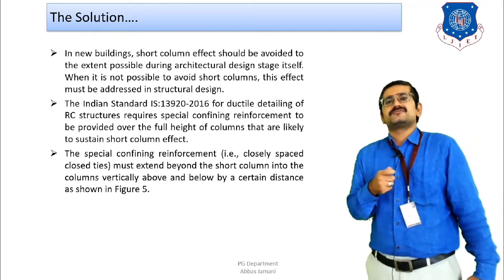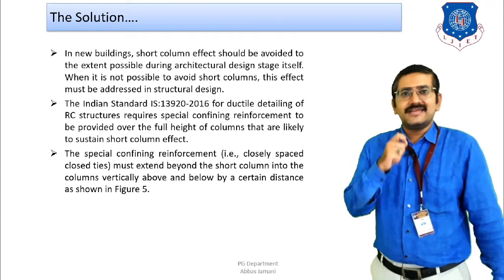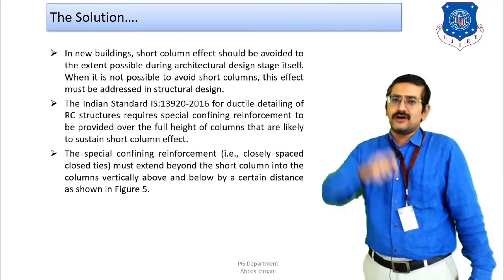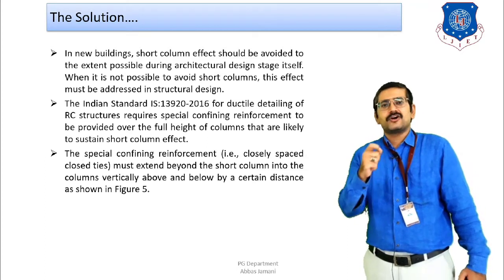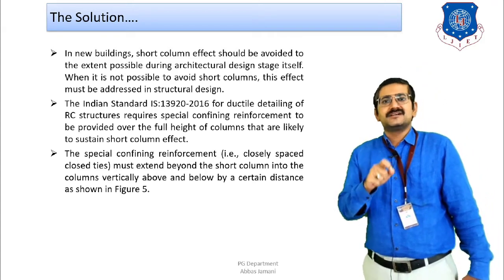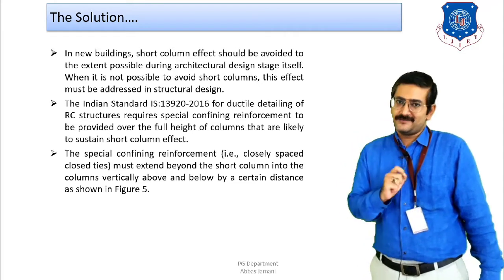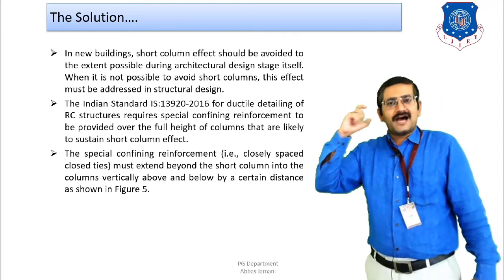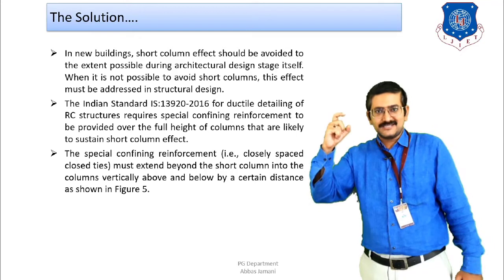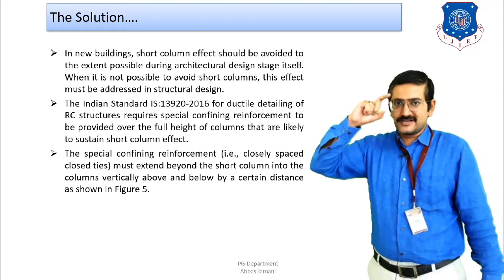The other guideline is proposed by IS 13920 2016, the code for ductile detailing. The code says that wherever the short column effect is likely to be there, special confining reinforcement should be provided throughout that portion of the short column. As we discussed in ductile detailing of columns, the minimum spacing between two stirrups should be 75 mm and maximum spacing should be 100 mm. It is provided for a height of the larger lateral dimension at that junction, or HC by 6, that is the clear height, or 450 mm, whichever is greater. That is L0 that we talked about in ductile detailing of columns.